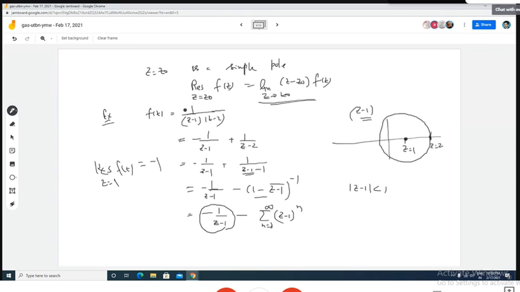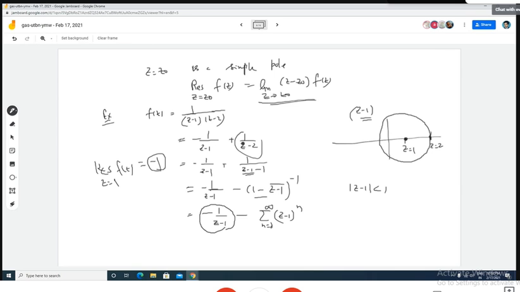You multiply by z minus 1 and take the limit z tending to 1. I hope you will get this minus 1. And similarly, you can expand this series in powers of z minus 2. So if you want to expand in powers of z minus 2, this term is okay. But for this term, you have to expand in terms of z minus 2. So you need z minus 2 plus 1 something. You have to manipulate something and find a proper expansion